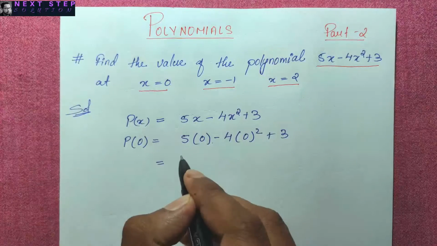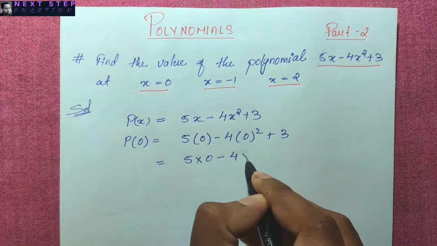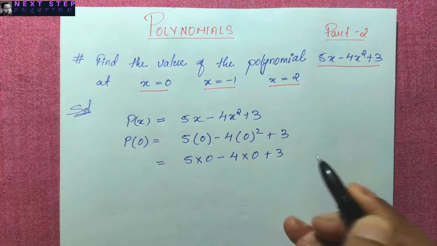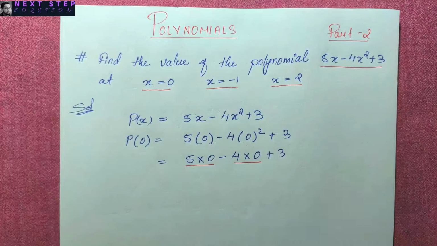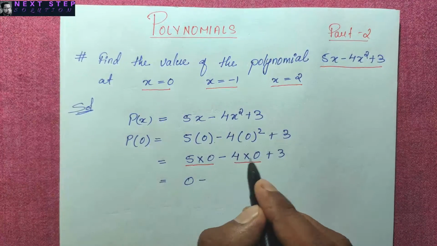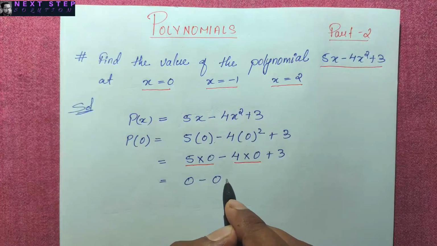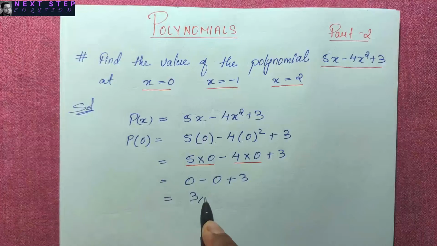Now on solving this, we have 5 into 0 minus 4 into 0 plus 3. Here we need to multiply 5 and 0, which gives 0, minus 4 and 0, which gives 0, plus 3. So the answer for this question is 3. Furthermore,